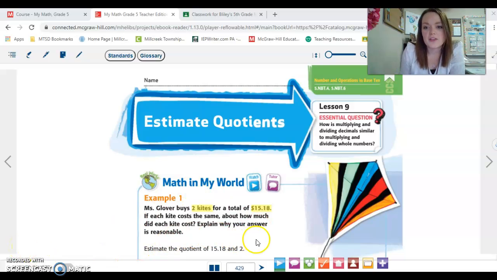Today we are on Chapter 6, Lesson 9, Estimating Quotients. We are going to be working with division now with decimals instead of multiplication that we've been working on for